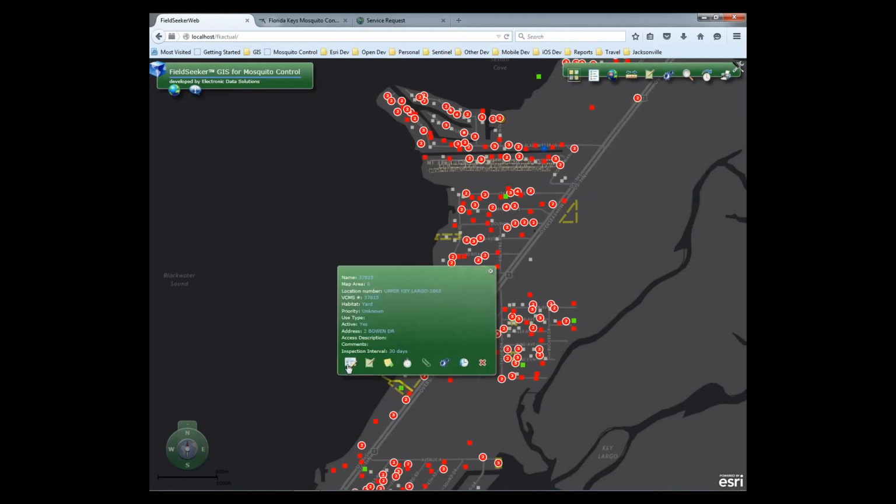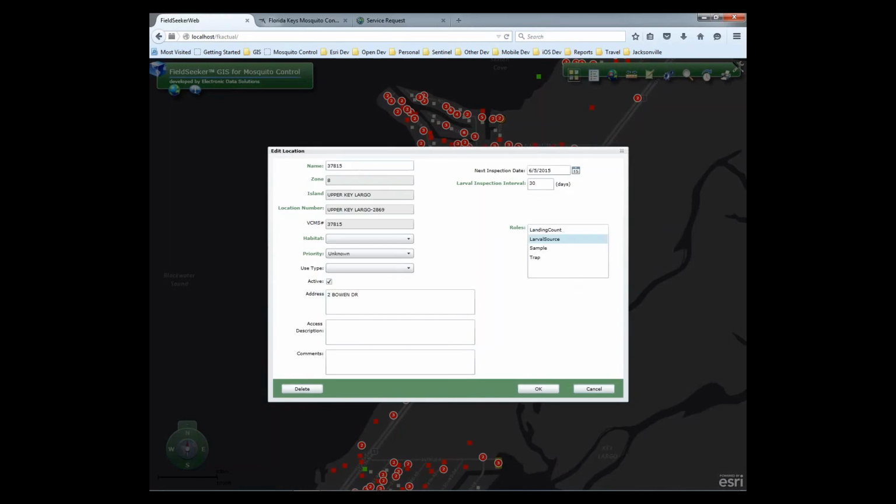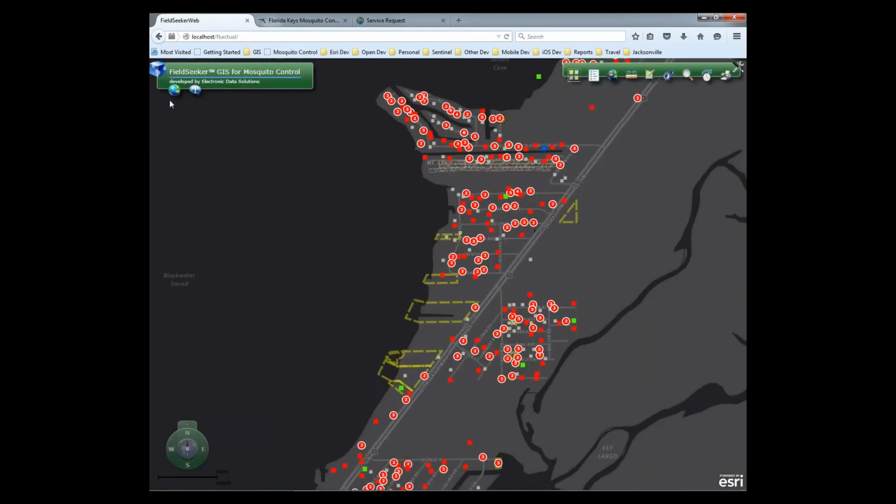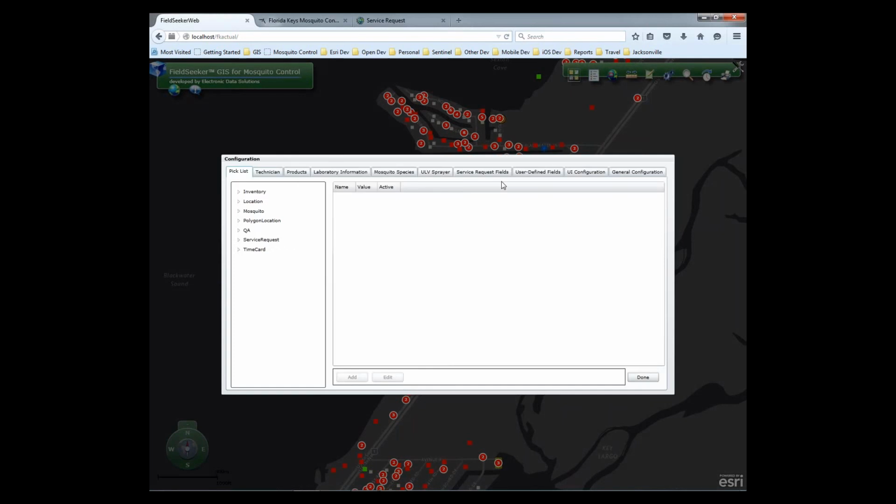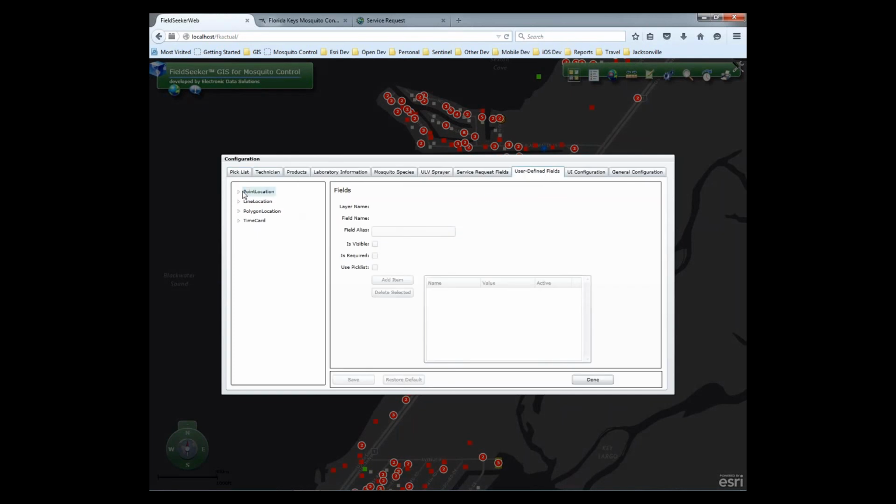And so location information includes lots of stuff, but there might be additional information that you want to keep track of that isn't on this page. And so we do have user-defined fields that can be set up for locations. So under configuration, I can go into user-defined fields, and let's say for point locations,